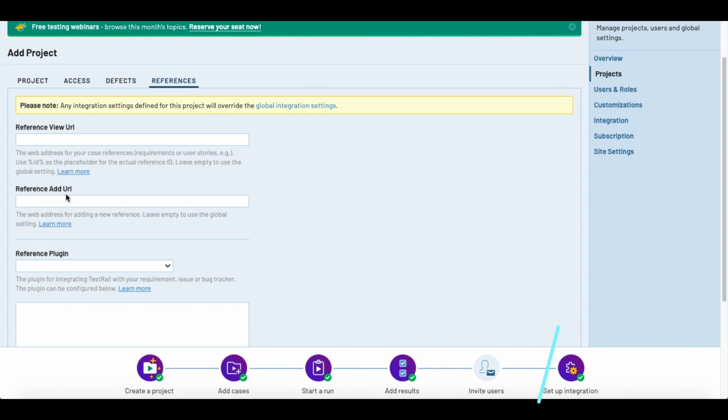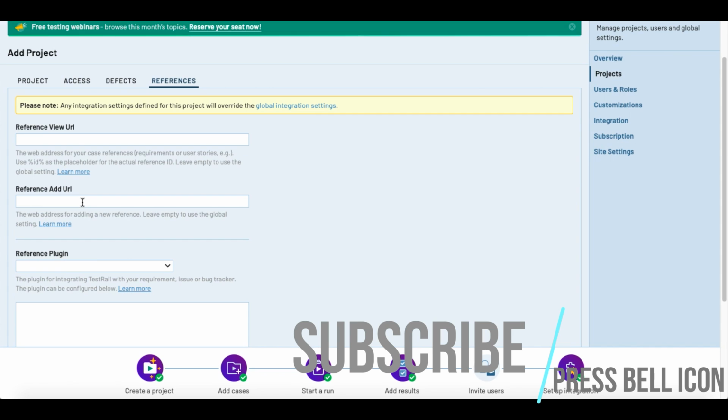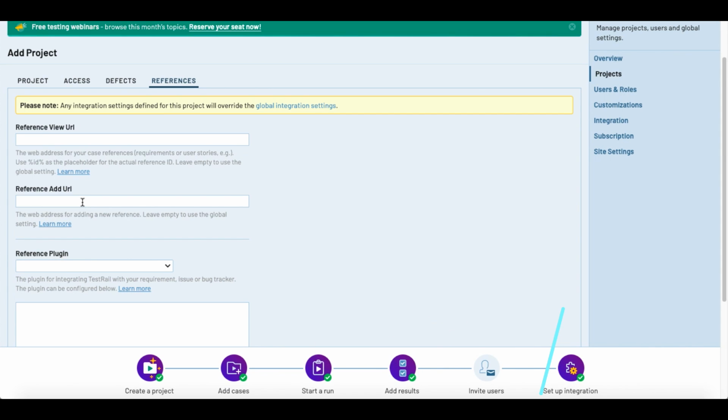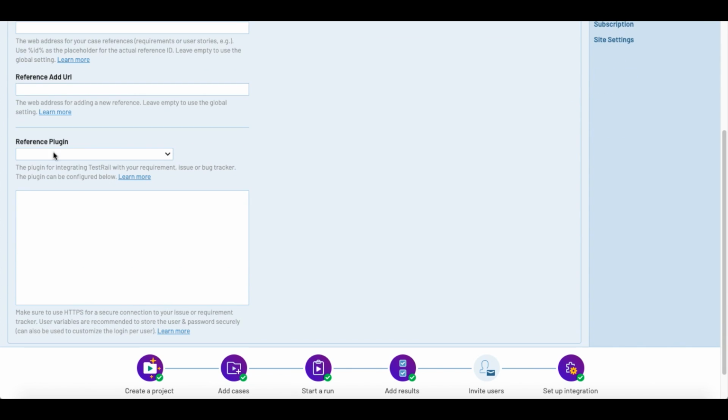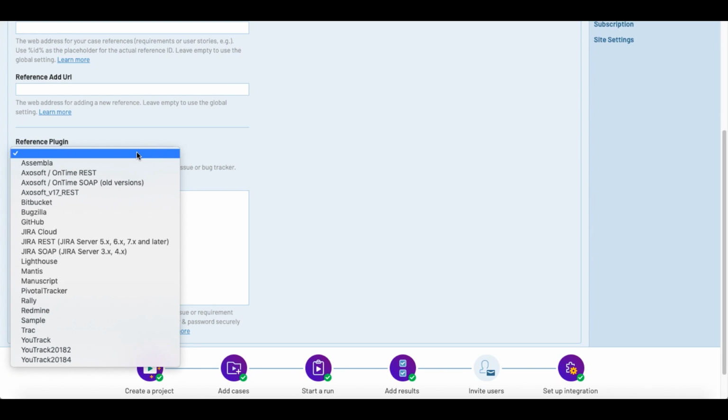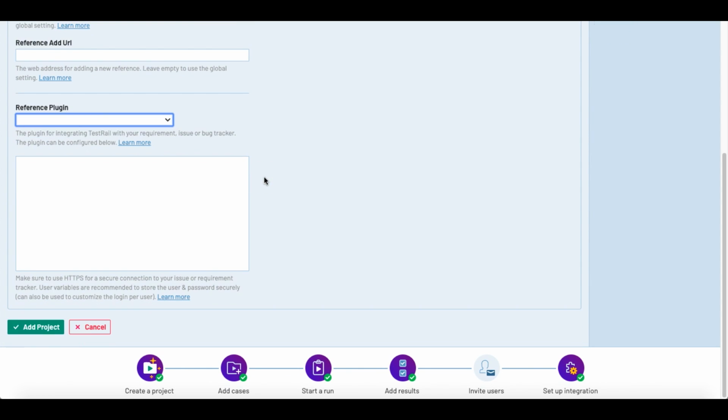And the reference add URL is the one where, if we hit it, a form or template will be displayed in which he or she can write the requirements or the user stories for the project. The third option is references plugin. Here there is similar software to what was present in the defect tab, through which we can use the plugin and use the software for our references management.